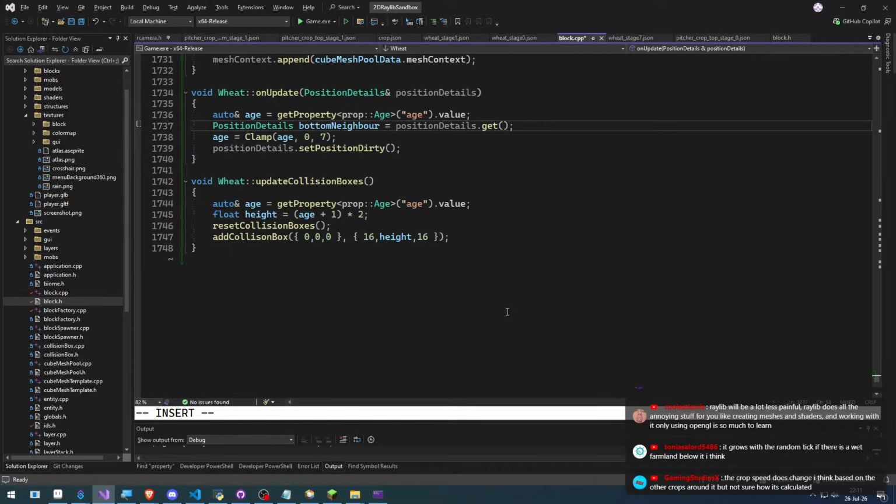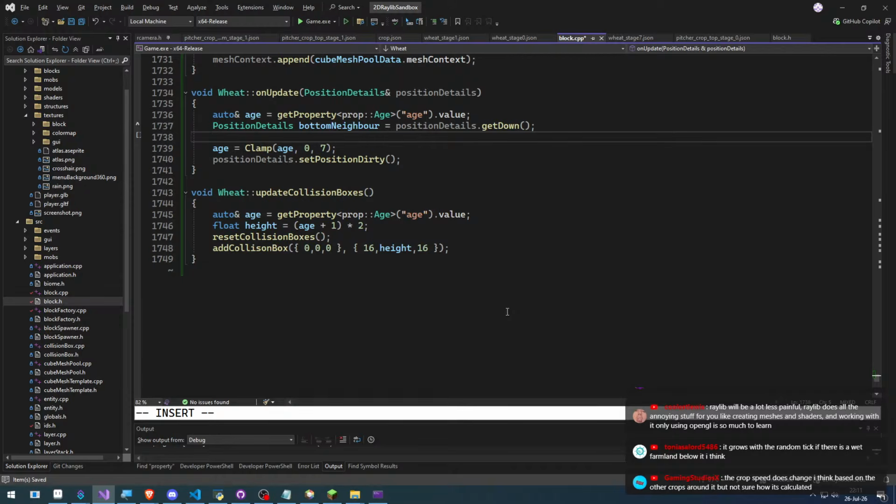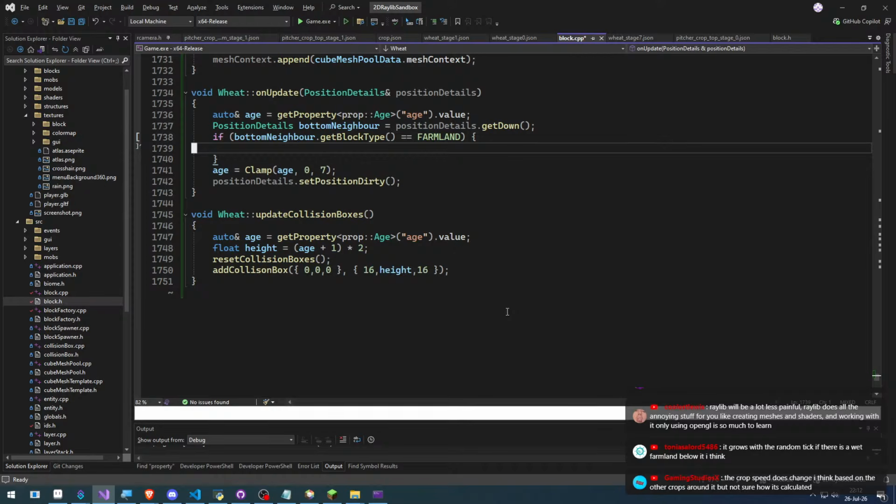We want to get the block below us. Okay, this is the block below us. We want, if bottom neighbor get block type equals farmland. If it equals farmland, right? If it equals farmland,